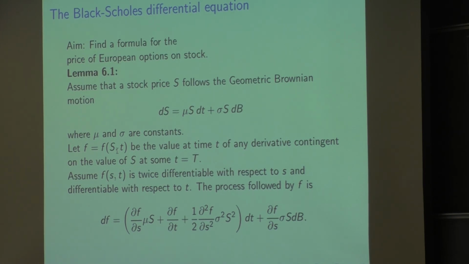So here's what Ito's lemma is going to tell us. This is what we get from Ito's lemma, which is written up there, when instead of G we have a little f, and when A is mu S and B is